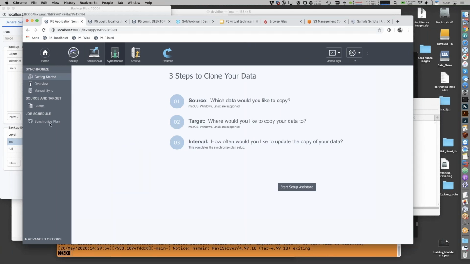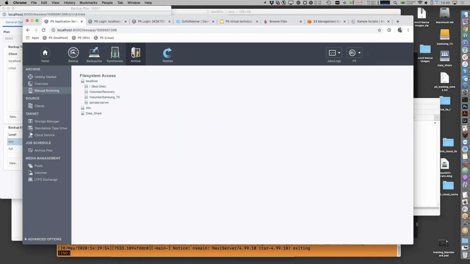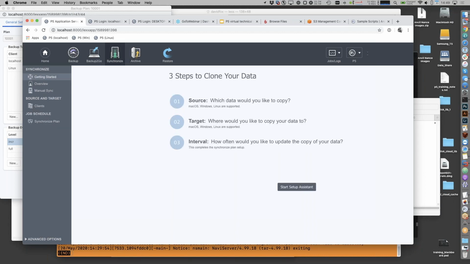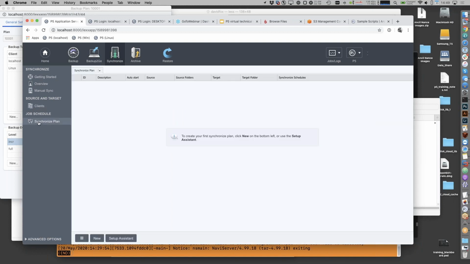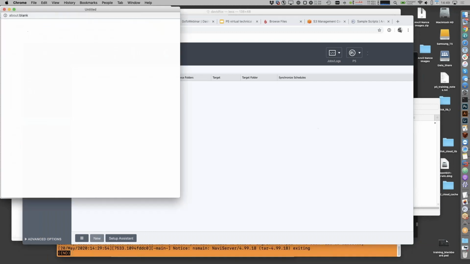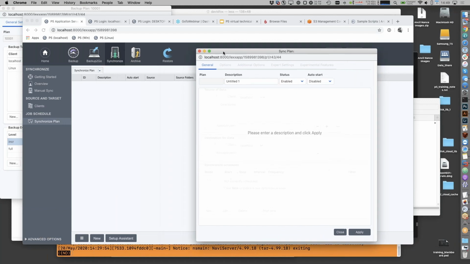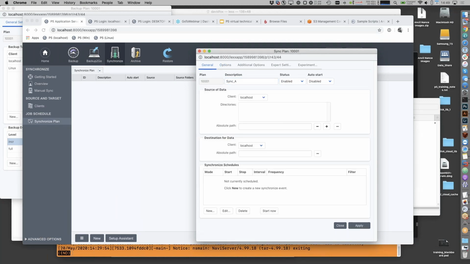There's a lot fewer options on the left-hand side as compared with Archive. So Synchronize is just interested in the clients, the machines that you're going to go from and to replicating data, and then you have a Synchronize plan, which is basically a configuration with a scheduler inside of it that will copy your data for you in the way that you've defined. So let's make a new sync plan. We'll call this sync A in case we want to have sync B later. And once I apply and create the plan,